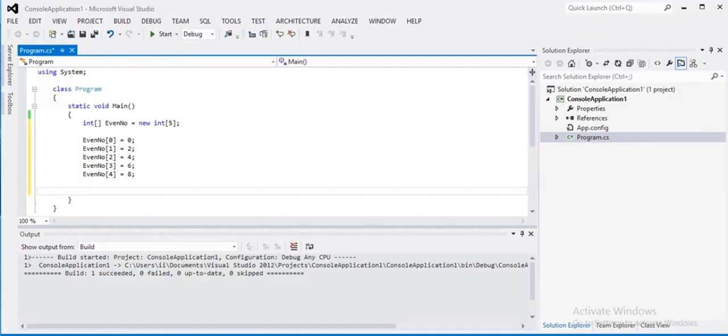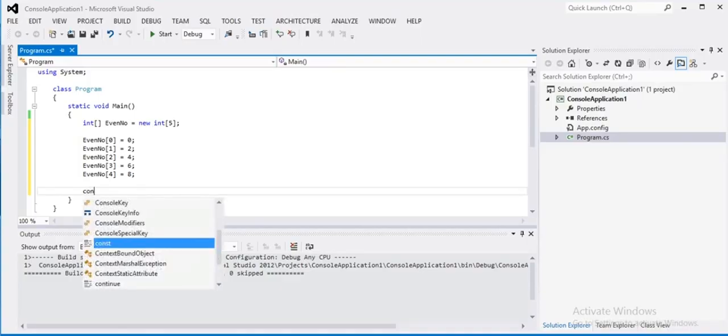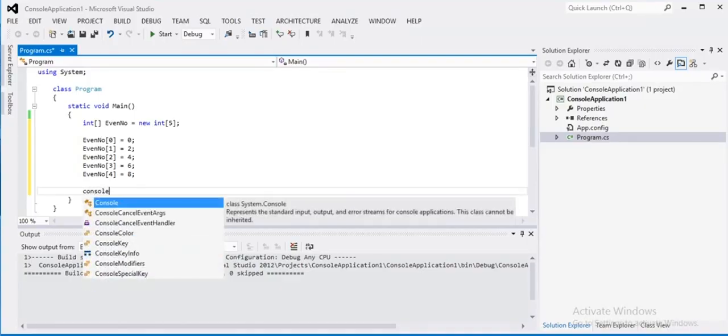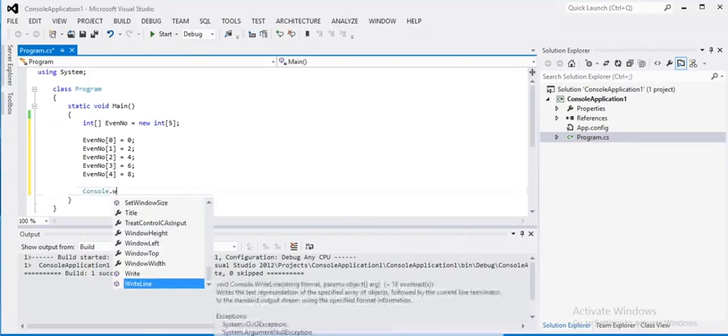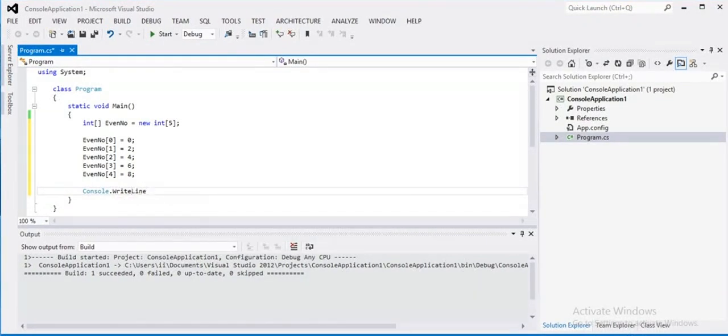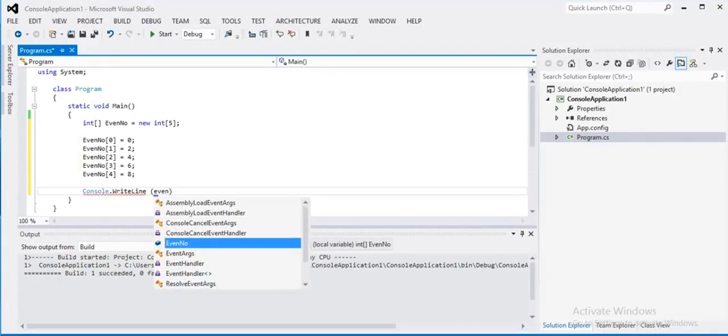And if I want to print, console dot write line. So friends, if I want to print a specific even number, like I want to print the third even number, the third even number is 4. I want to print this even number. So what I'm gonna do, write line, even number,